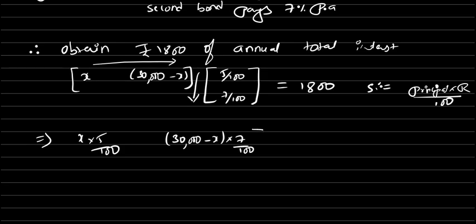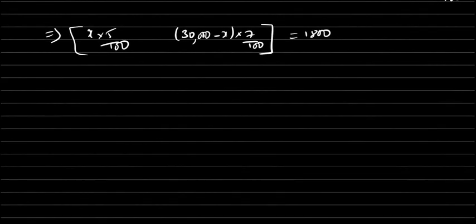We got this as an answer, but it is still equal to 1800. Since we have only one row and one column, we got this sum: 5x plus